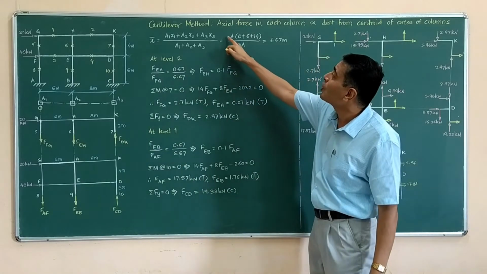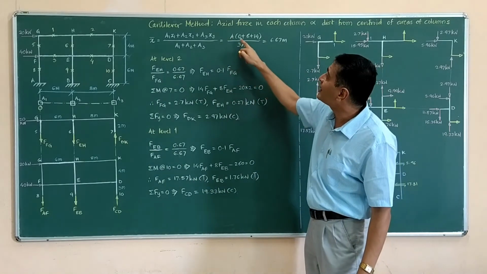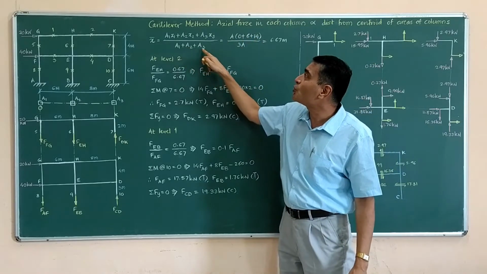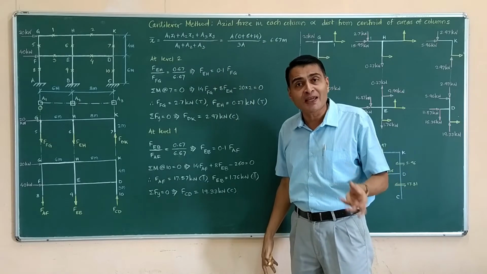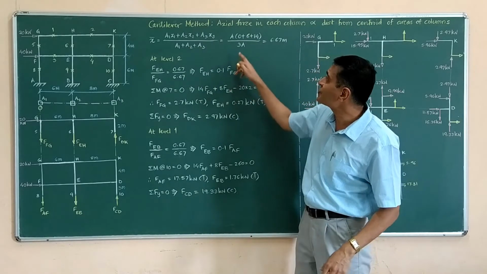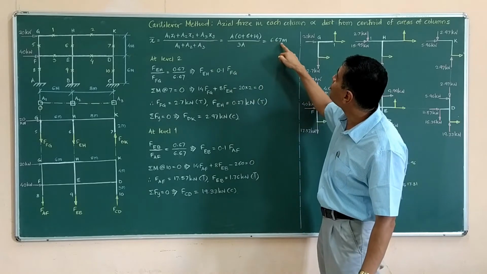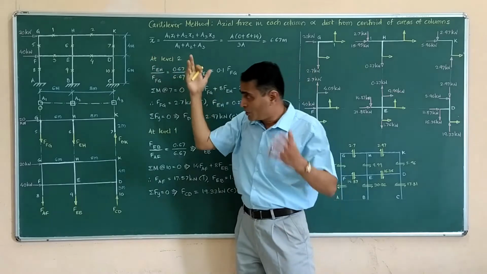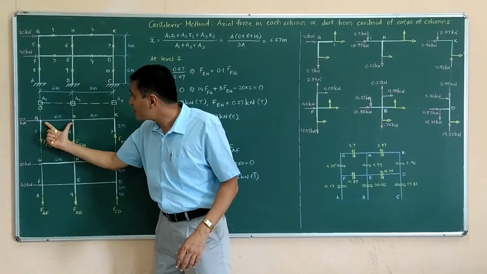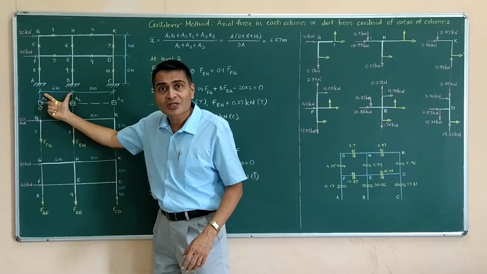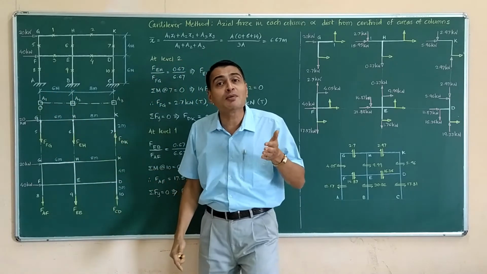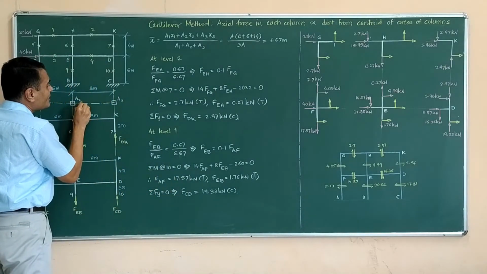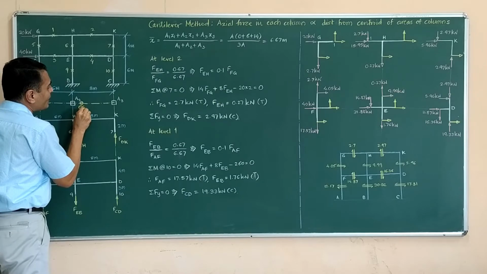That's why I am writing common area A into bracket 0 plus 6 plus 14 divided by A1 plus A2 plus A3, which will yield 3 times A, common area A. So this is 3A, giving me 6.67 meters as my X bar. Please observe, this is 6 meters, this is 6 meters, and 6.67 is slightly more than 6 meters. That means in top view, somewhere here lies the center of gravity.